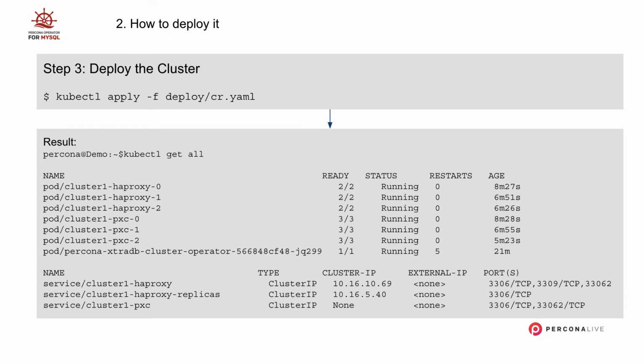So you deploy the cluster, and when you check the resources that it actually deployed, you will see that you have multiple HAProxy pods with respective containers, that you have 3 nodes of the cluster, and then you still have your operator running. Additionally to that, you will see multiple services, and the most important ones are cluster1-haproxy. Cluster1 is the name of our cluster. HAProxy means it's the read-write service, so that goes always to the same node, and replicas is load balancing across the remaining nodes.